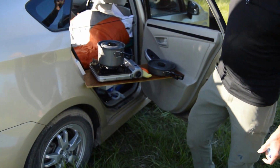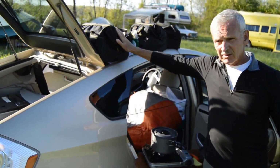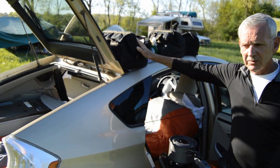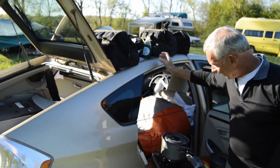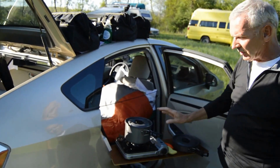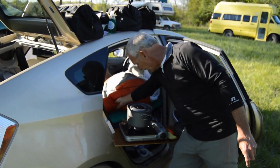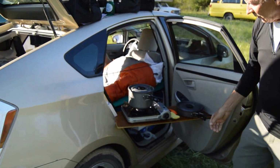Well, and what happens is, if you look up here, this is my cooking supplies. That means there's canned food, there's dry food, rice, there's oil, spray, you can see detergent, and I keep my cooking supplies, other than my stove, which goes underneath the back, underneath where I sleep. So over here there's a hole. So this table, which is designed...